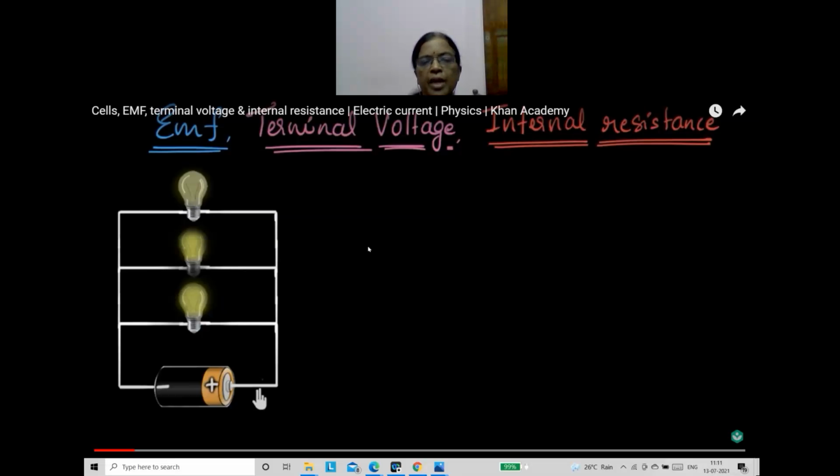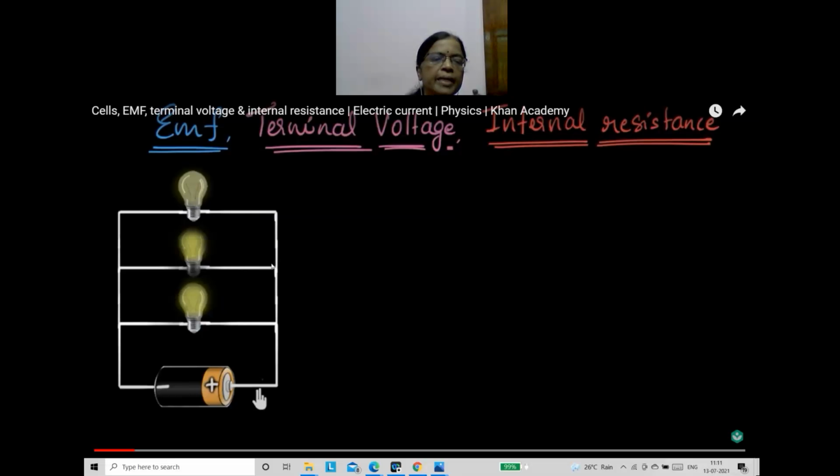So here, first he connected one bulb. Then the light was very bright. Then he connected another bulb in parallel. Then it dimmed, and dim light is shown by both. Then when a third bulb is connected in parallel, again the brightness decreased. It becomes dimmer and dimmer like that. So what is the reason for that? Why does it become dimmer and dimmer when we connect more bulbs in parallel?